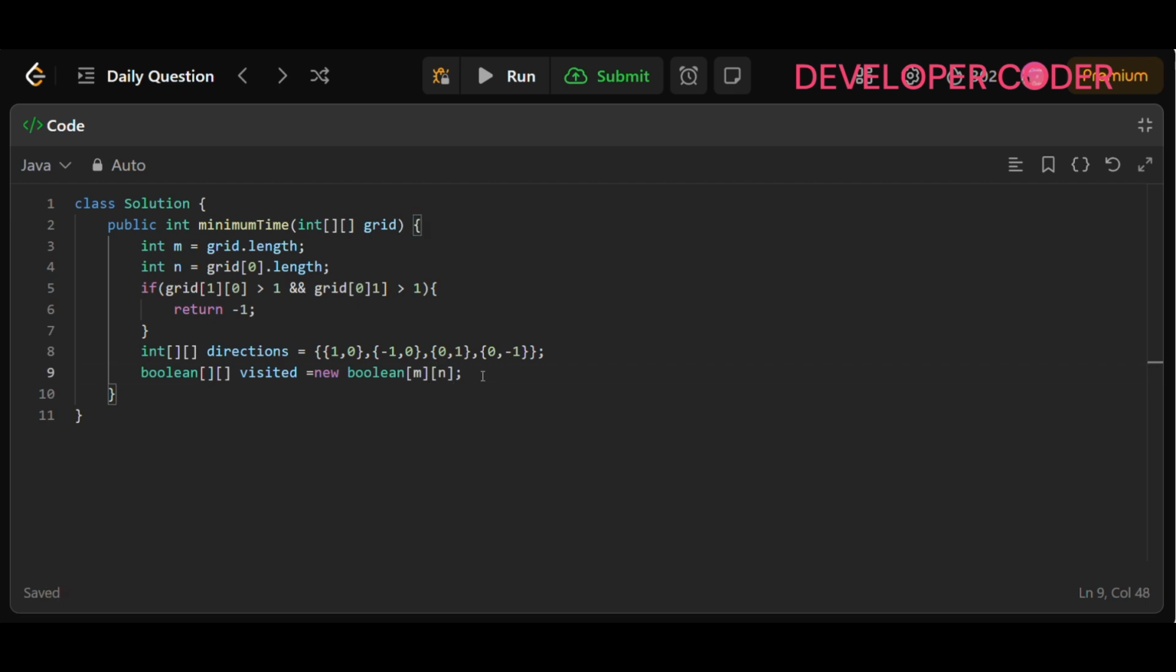All right, this is done. So now once this is done, we have to use a priority queue to store time, row and column, and we are going to order it by minimum time to reach each cell. So here I'm just going to write priority queue,